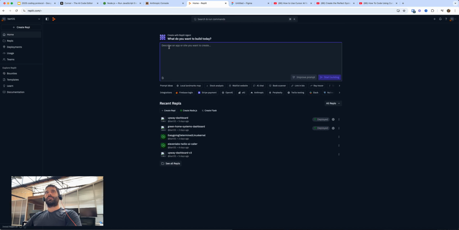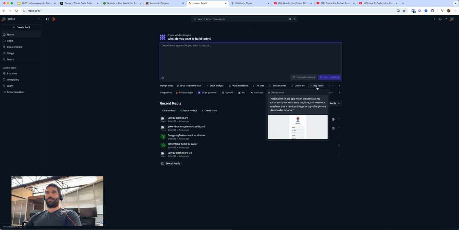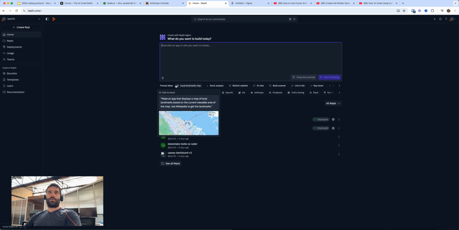I don't like using this because I like coding from scratch and having full control over the code that I'm writing. Also, if you're a brand new beginner, you will prompt something here, and if it's easy, like a to-do list or a weather app or whatever they have here, it'll code it up and it'll work and it'll be cool. But really, the actual value comes from coding things for real life use cases.